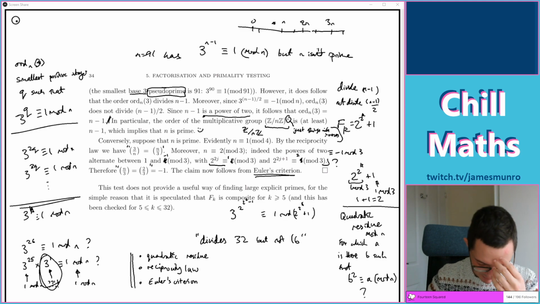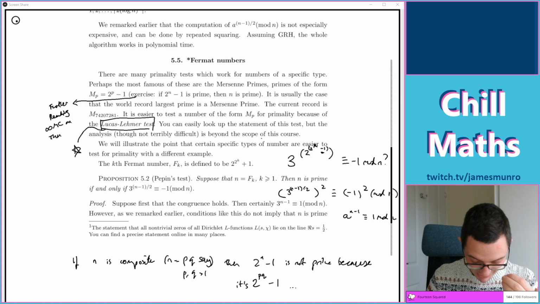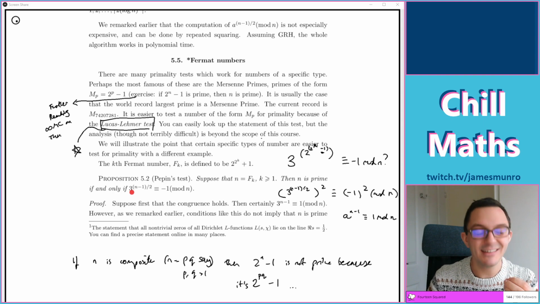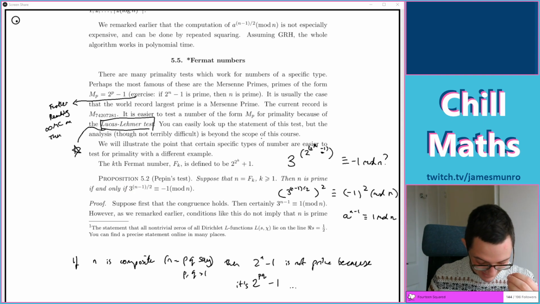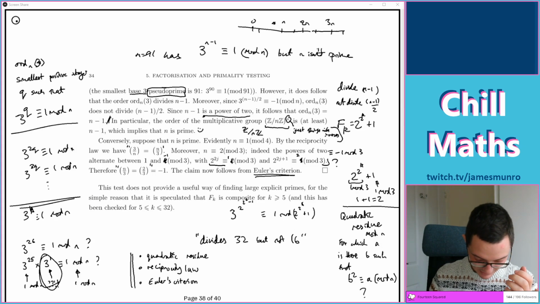Suppose that n is prime. Oh, right, hang on. So if n is prime, what we were just doing, we said that if something's prime, then this thing to the power of p minus 1 over 2, exactly the right power, right? If n is prime, then you should be able to plug this in, so long as 3 is not a quadratic residue mod n, which we've shown. So it must be true that by this point somehow we've shown that 3 is not a quadratic residue mod n.